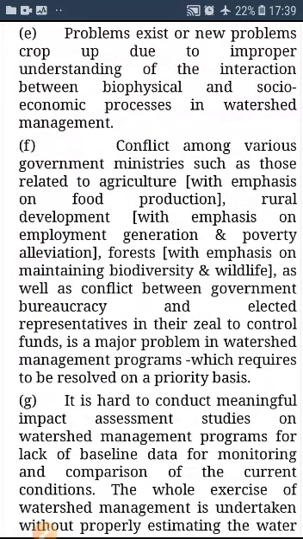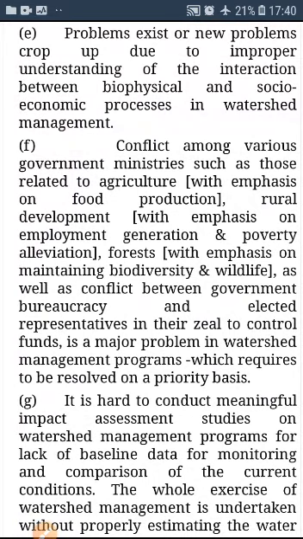And if there is a conflict between various government ministries such as those related to agriculture, rural development, poverty, forest, biodiversity, conflict between government bureaucracy and elected representatives in managing things in watershed. So conflicts are also one of the problems in India for managing the watershed. Now the next point is